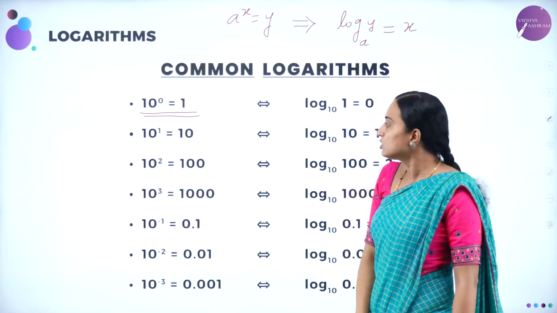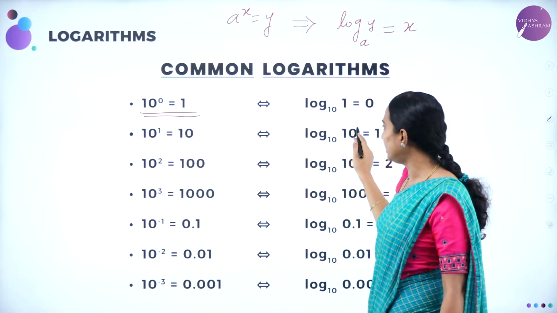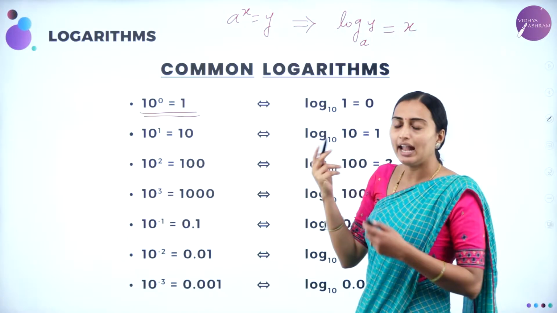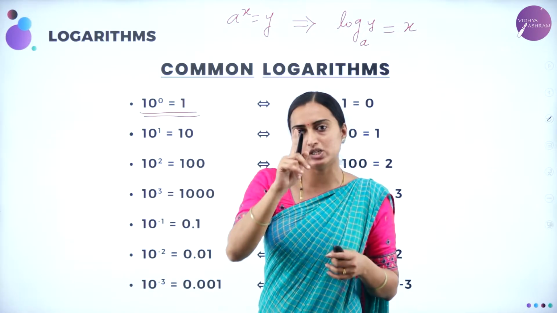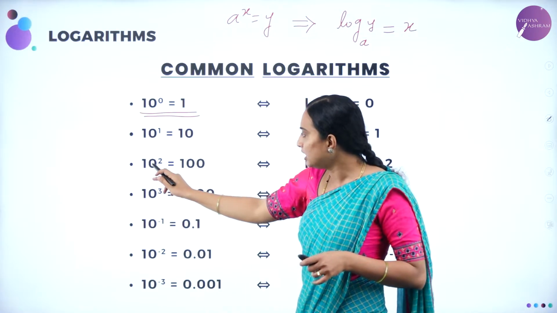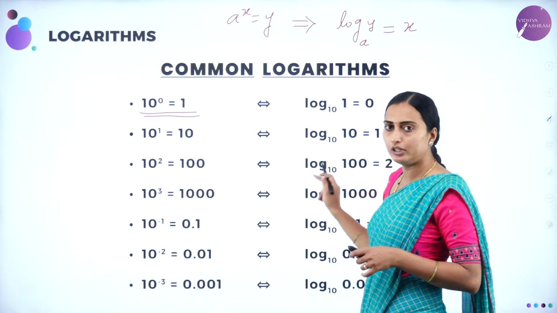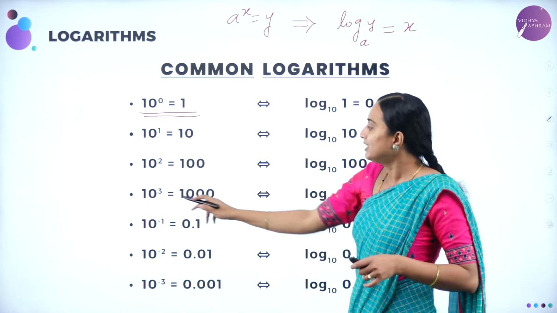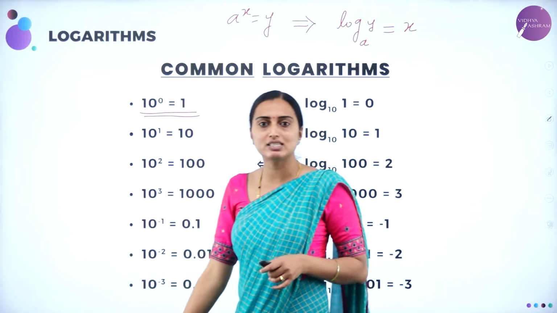That's it. Okay. So here 10 power 1 is 10. Similarly, you can write it as log 10 to base 10 is nothing but 1. Any value of a log to the same base, you are going to have it as 1. Right. So next will be 10 squared is nothing but 100. So therefore, you can write it as log 100 to the base 10 is nothing but 2. 10 cube is nothing but 1000. So the log 1000 to the base 10 is nothing but 3.